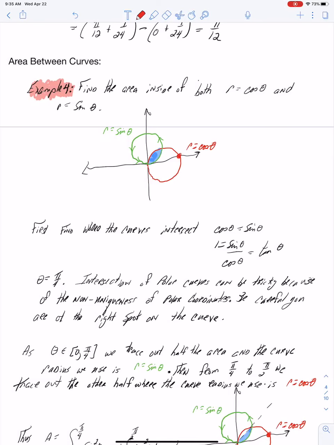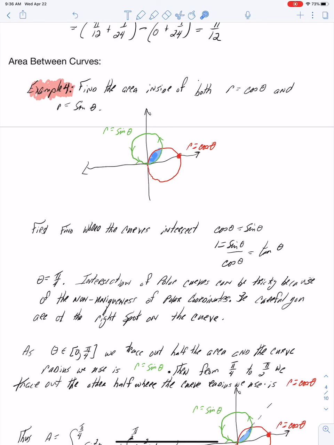Now I want to talk about the area between polar curves. Essentially, the area between polar curves is I just have to figure out where those curves intersect and what my outside radius is at any particular point. So let's look at